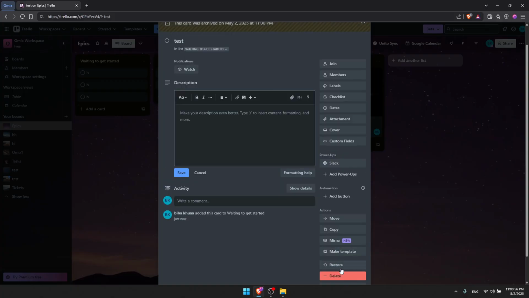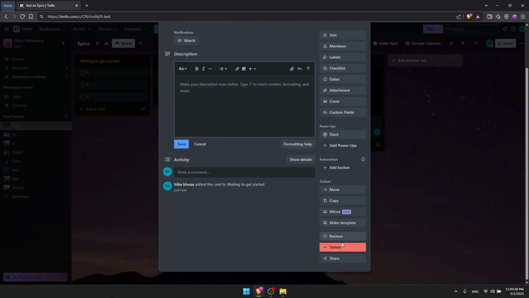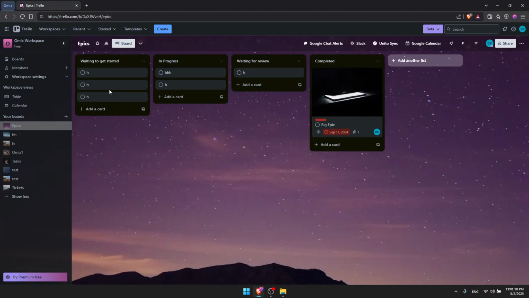But if you click on archive here, as you can see, you will find either restore or delete. So once you go and click on delete as an example, as you can see, all actions will be removed from the activity feed and you won't be able to reopen the card and there's no undo. So if you want to really delete it, you can simply click on delete and as you can see, the